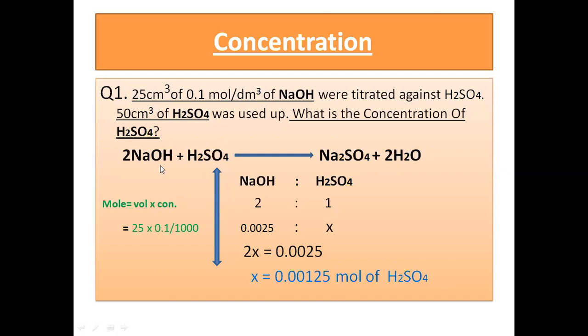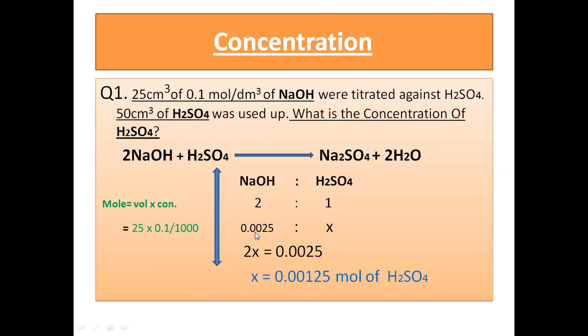Here we have a stoichiometric relationship between sodium hydroxide and sulfuric acid. So put moles under the material required: 2 moles of sodium hydroxide ratio 1 mole of sulfuric acid. This 2 ratio 1 is taken from the balanced chemical equation. Now in the next step, X is the unknown mole, because we have to find the concentration of the sulfuric acid. So we will find the mole first. So it will be X.